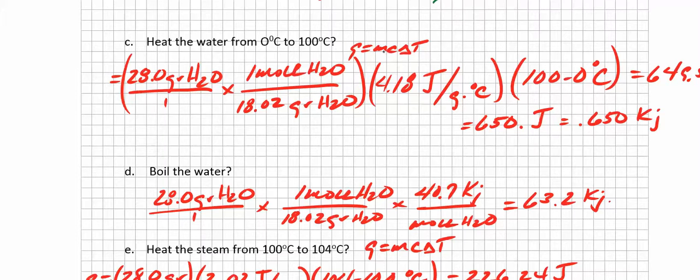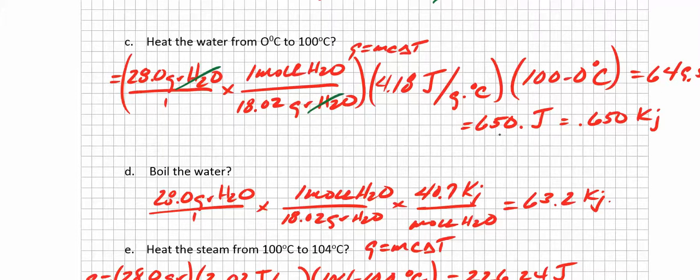So we're going to say m, which is the amount of water in grams that I've got. It's 28 grams of water. I'm going to convert that to moles, 18.02 grams per mole. This and this are going to cancel away, and I'm going to be left with moles of water. I'm going to multiply that by the specific heat of water, which is 4.18 joules per gram per degree Celsius. And then I'm going to multiply that by the temperature change. It's a 100-degree temperature change. I'm left with this value,